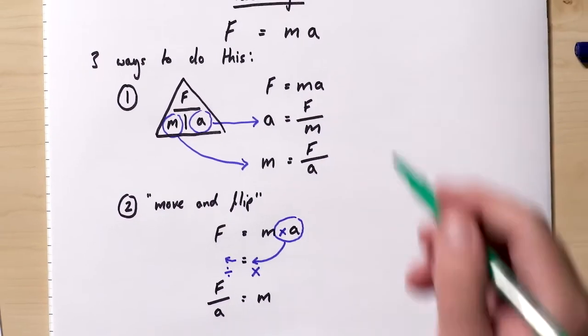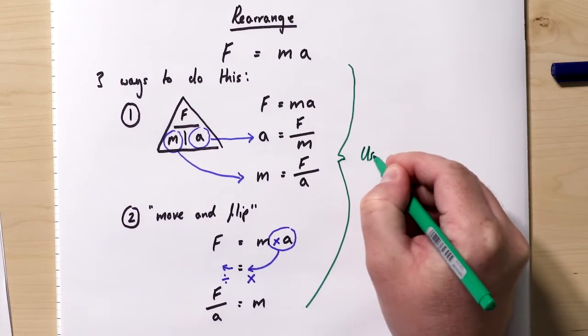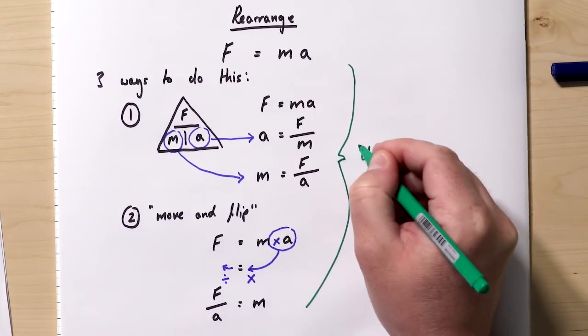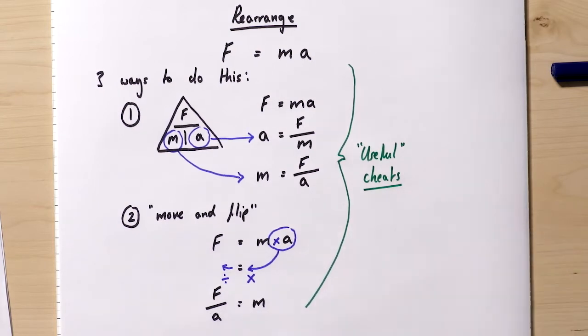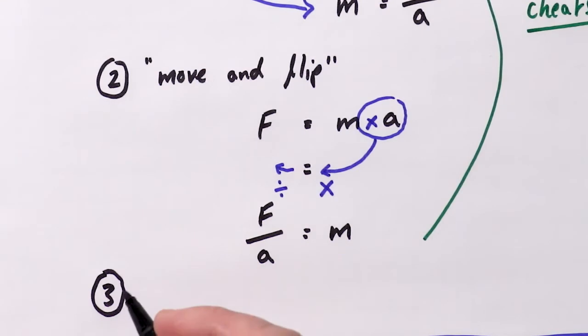But both of these methods are essentially useful cheats. Now they're useful, but they're still cheats, and they're not going to help you all the time. For instance, we looked at a simple equation. What if you now had to rearrange this equation? Could you still use the triangle or the drag and drop method? They won't work anymore, which means you really do need to know you can't use these useful cheats all the time. You need to learn the third method